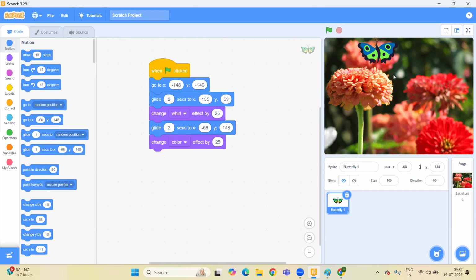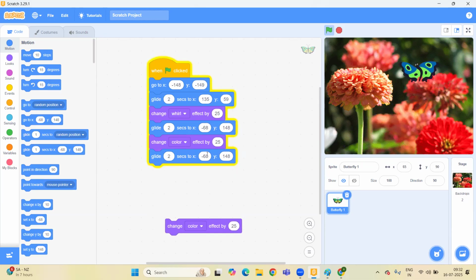Now, again, we can add another glide. We can just duplicate this from here. No need to take another one again and again. Just remove from here and change the values of the x-axis and y-axis. Right now I'm typing here minus 110, for example, and then 56. So this is a negative value and this is a positive value. So where is x negative? X negative is here and y positive is here.